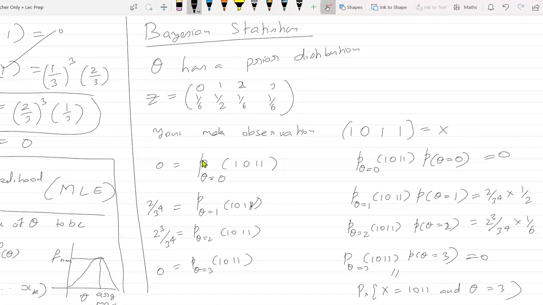Earlier, in the classical statistics world, you are not given any prior distribution, so you just enumerate all possible values of theta and compute this. In Bayesian statistics, you will be given prior information and then you will compute the same. So in this case, what is the Bayesian statistics value? What theta should I choose?